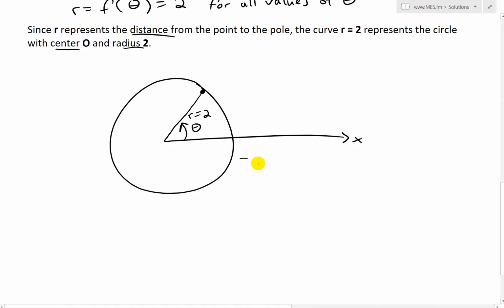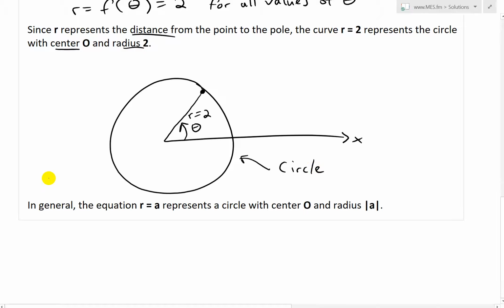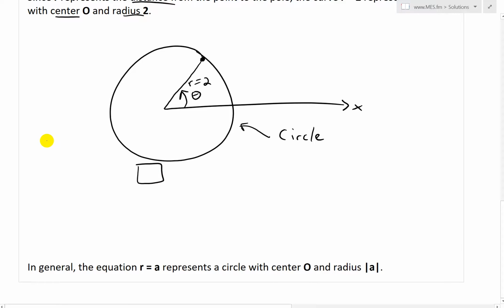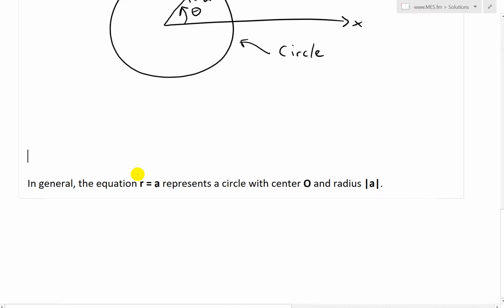I'll just fix it up. It still doesn't look like a circle. This is a circle. And now if we want to go even more general, what we could do is just write r equals a, where this represents a circle with center O and radius the absolute value of a. So for any constant like that, I'll move this down so we could draw some additional